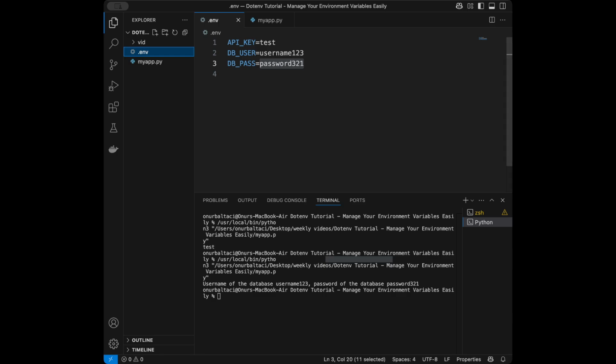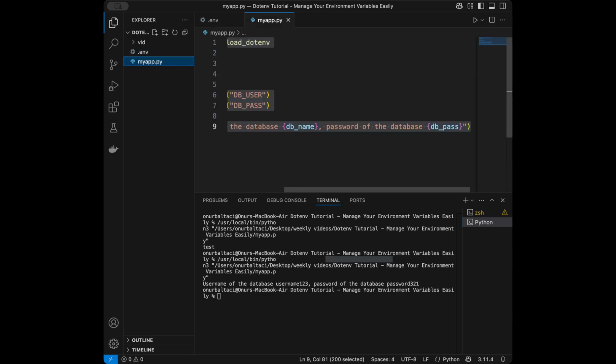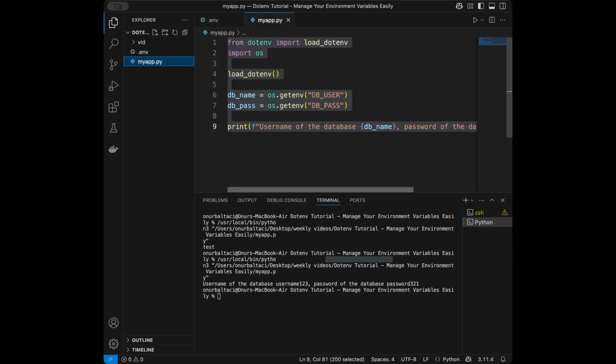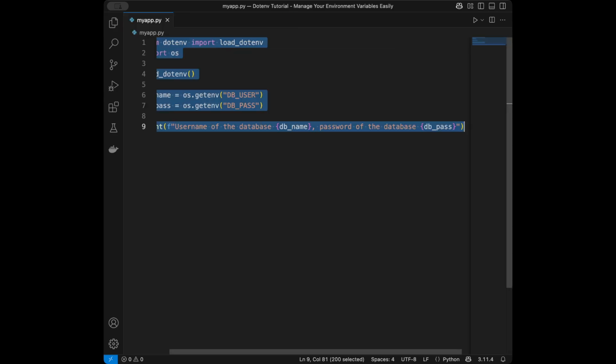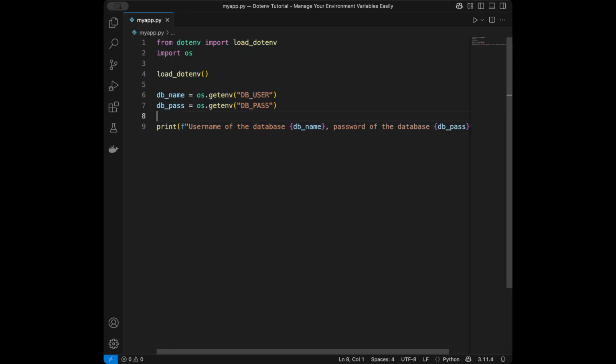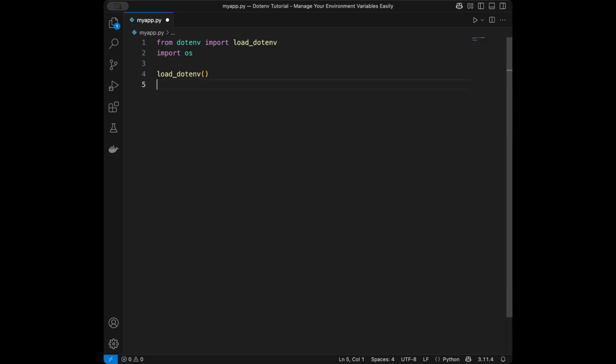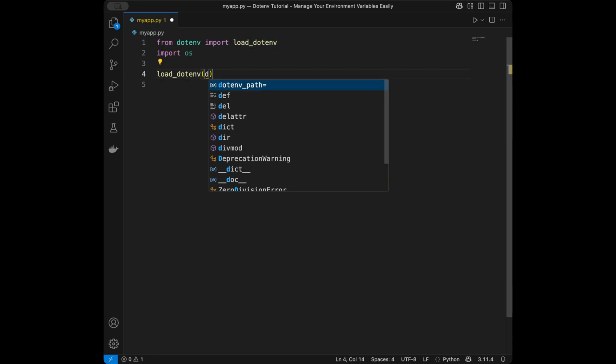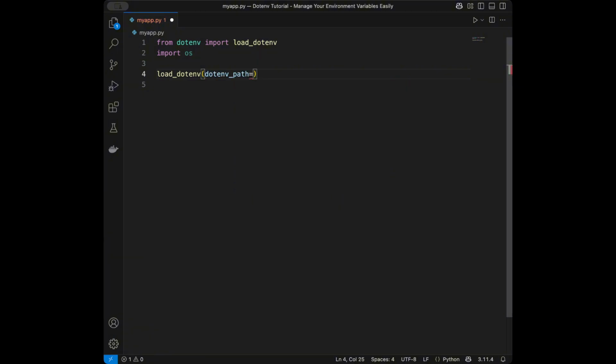Great, so we have our environment file ready and we are using it via the Python file we have. As a best practice, you are not going to push your environment variables to Git. Like in the load.environment side, I'm just going to delete this stuff. We have a selection, the function parameter as .environment path, and we need to use this when we create an environment